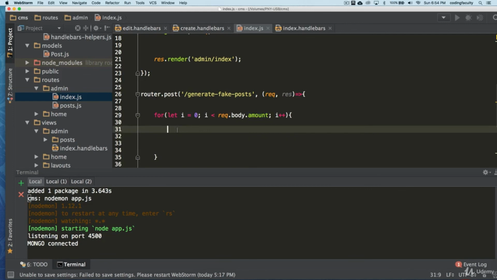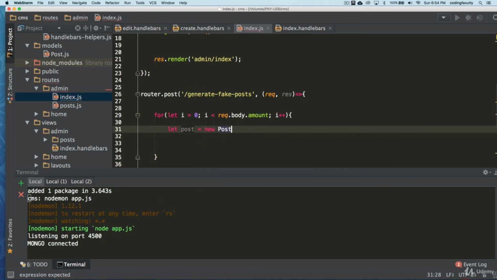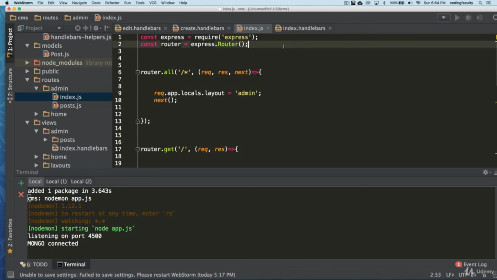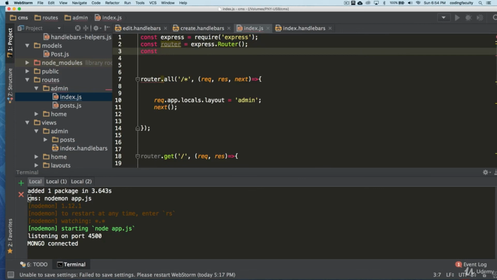Let's create some type of variable here to hold the post, and from here we can create a new post. Now we need to require this model actually. Okay, so let's go up here and require the model. Const user require.